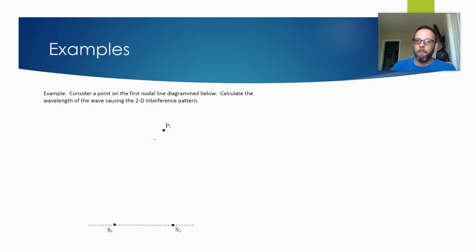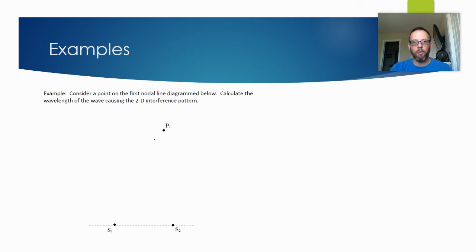So we're going to do a couple examples. These examples actually work best if you can possibly print them off and measure things with a ruler. And that's what I would do normally if I was teaching this in a classroom, which I normally do. However, we're just going to make the best of it. It doesn't really matter what values you use, as long as it's just the concept of doing the question. So if you have this printed off, great. If you don't, just draw a diagram like this. It doesn't have to be any certain measurements. Just draw it on a piece of paper, and we'll walk through how to calculate the wavelength using this 2D